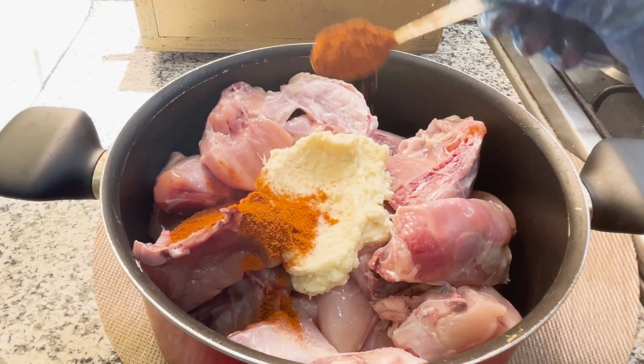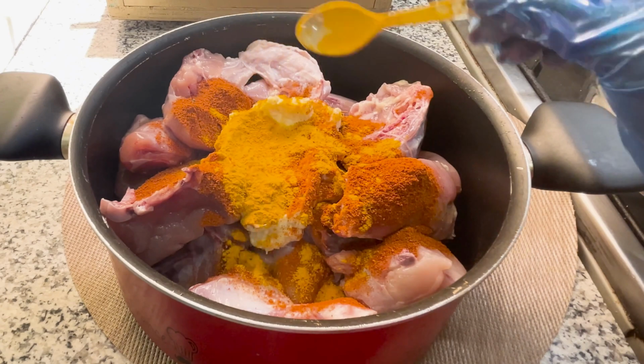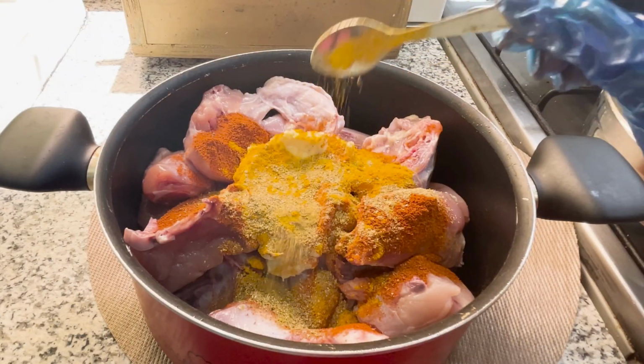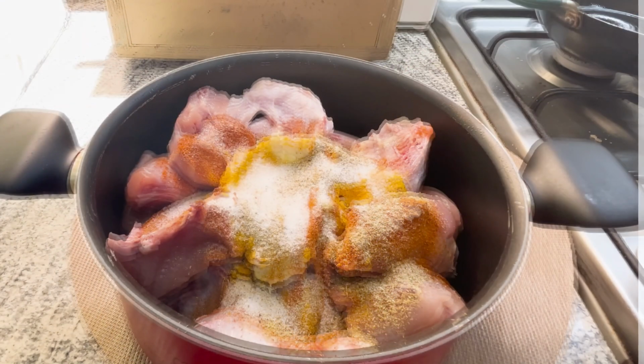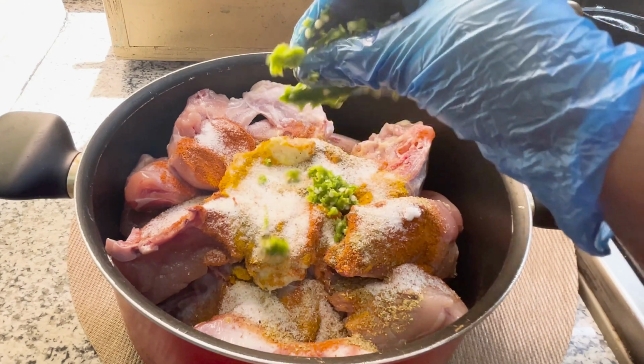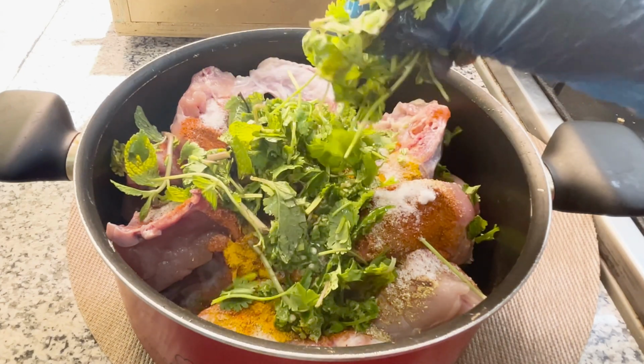For our spice powders, some red chili powder, some turmeric powder, some coriander powder, salt to taste, some crushed green chili, some coriander and mint leaves,